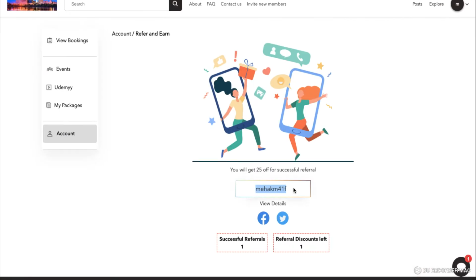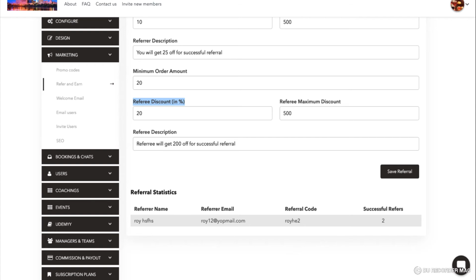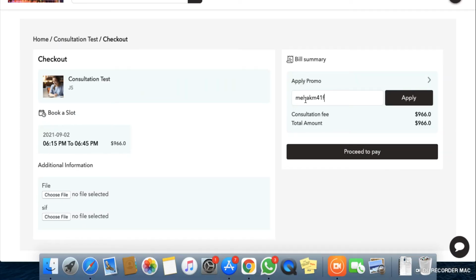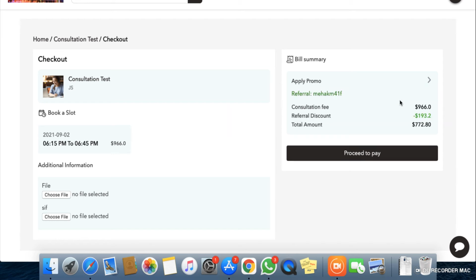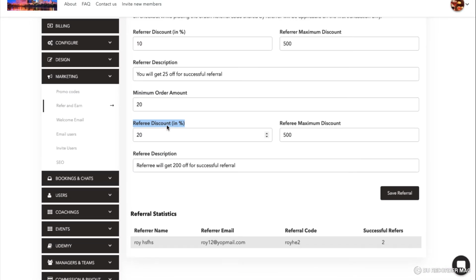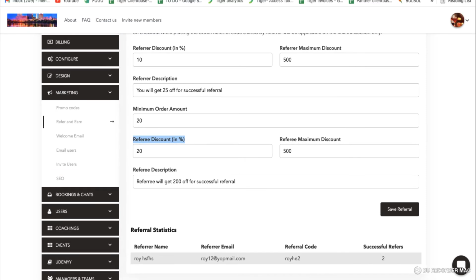So let me put this referral code in another customer's email. I have the referral code. I added the referral code, and this is how I will be able to avail the discount. You can see that on 966, the referral discount that I have got is $193, which is 20% of the amount. As you can see, this 20% was set from the admin's end.